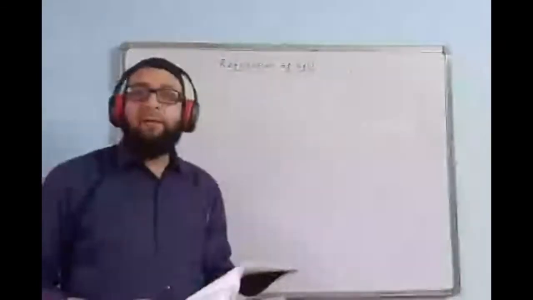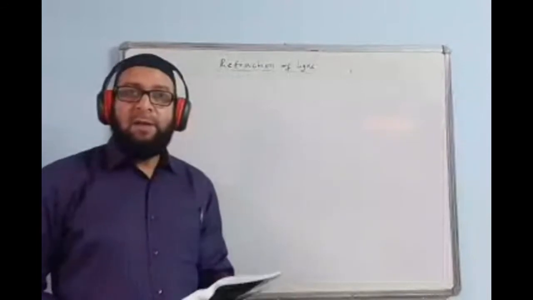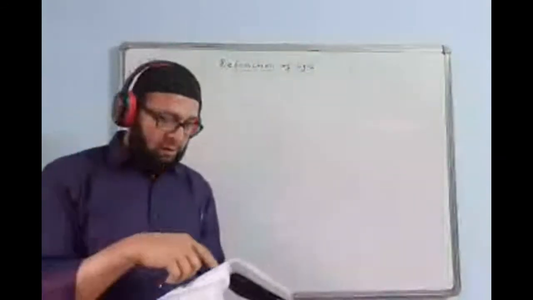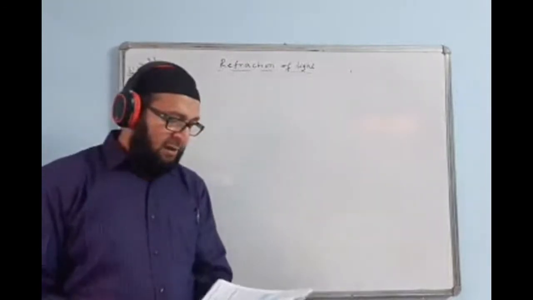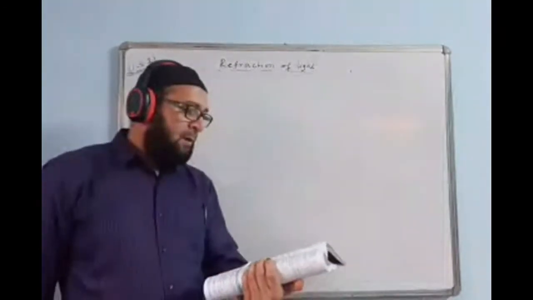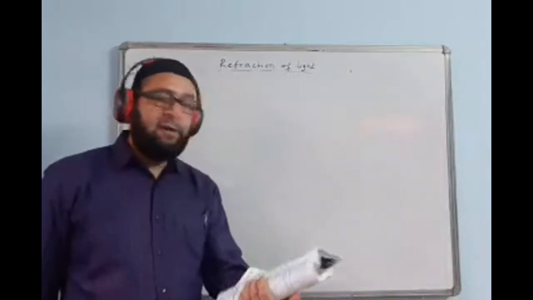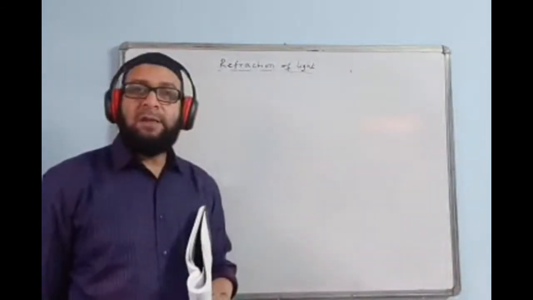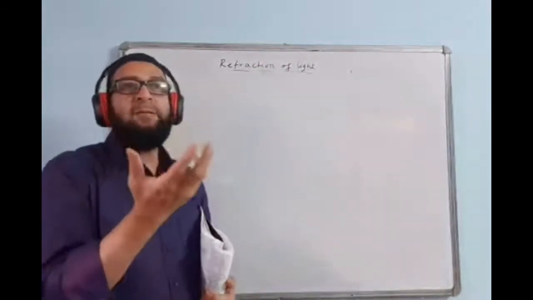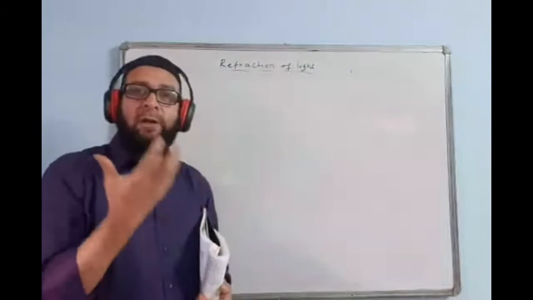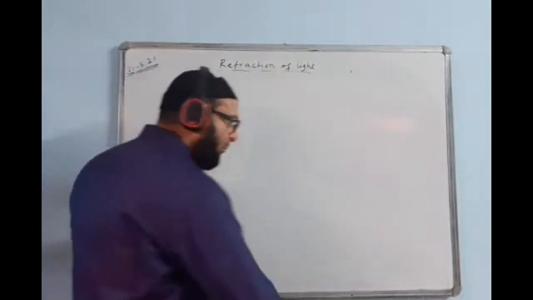Your question may come: name the phenomenon of light responsible for the twinkling of a star. If the question comes like this, you say refraction of light. All the phenomena written here are due to refraction. A star appears twinkling in the sky due to change in the refractive index of air with temperature. Some places we have hot air, some places cold air, and the density of the air keeps changing. It is not fixed.